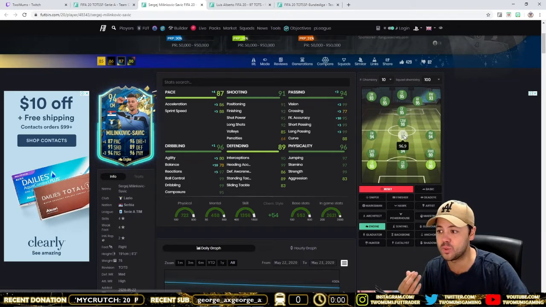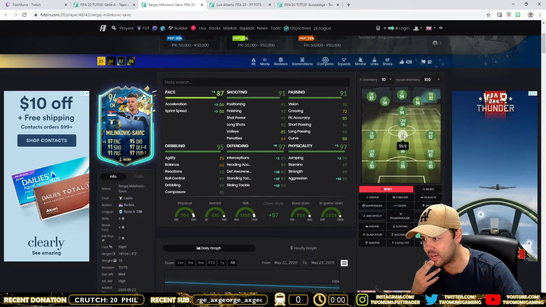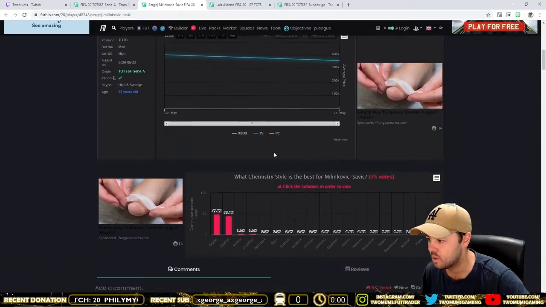And as you can see, that takes him to a 97 center mid when you throw an Engine on him. If you throw an Anchor on him, yeah, 95.9 center mid, 95.9 with a Shadow as well. So according to this, an Engine makes him the best center mid he can be. What are other people...